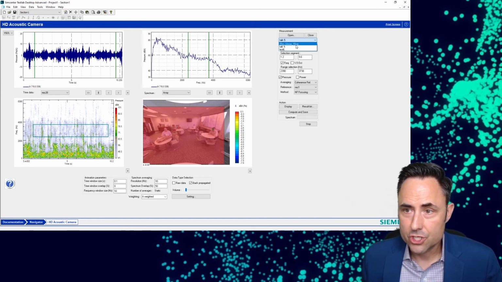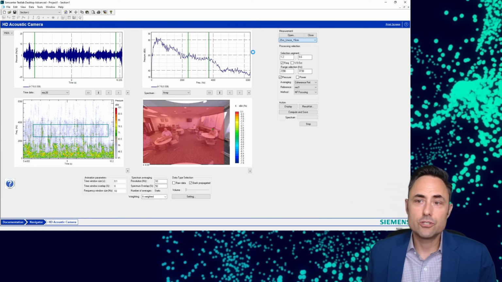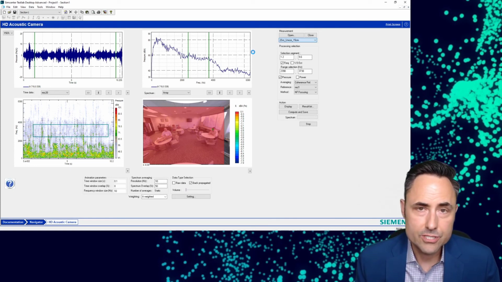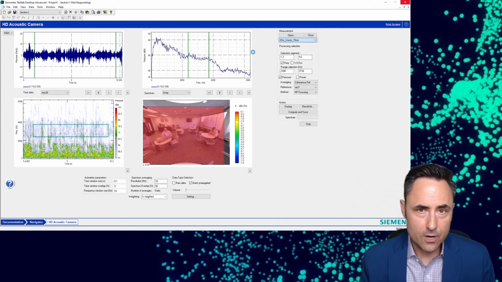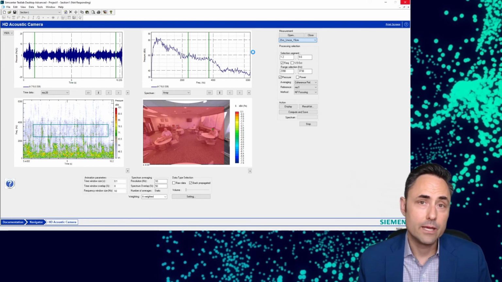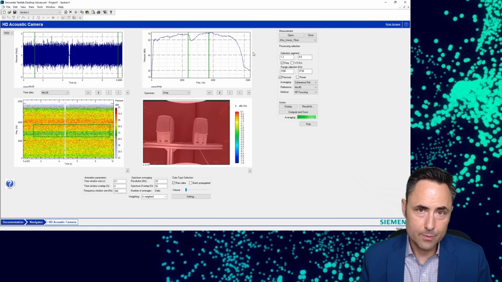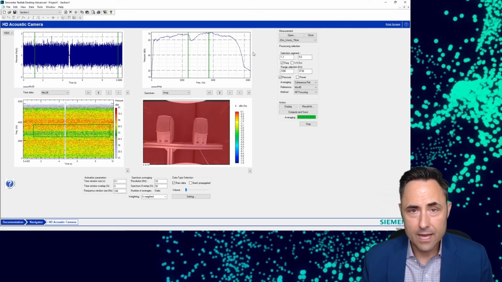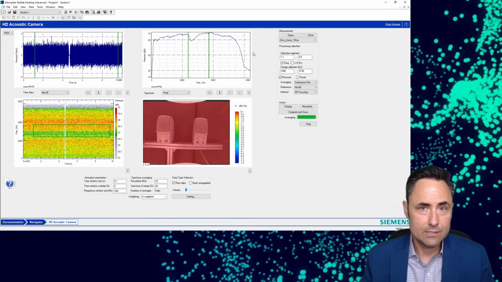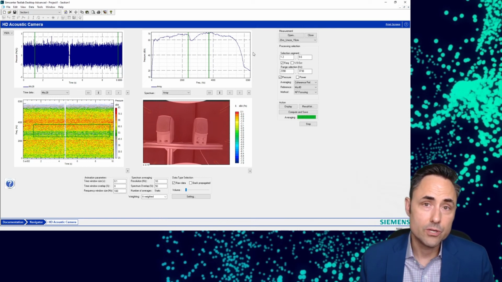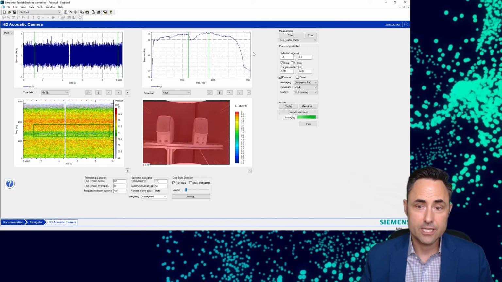One last thing I'll show you here is this near-field acoustic holography algorithm. What we've been looking at so far has essentially been beamforming, which is a certain type of algorithm approach. Near-field acoustic holography is a totally different mathematical approach for solving the sound source localization problem. And as the name suggests, it requires you to be in the near field. We talked about the complex aspect of the near field in the first section today.